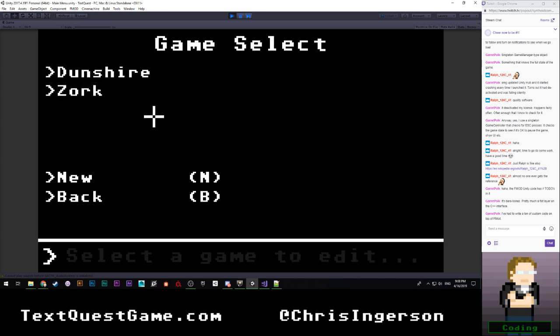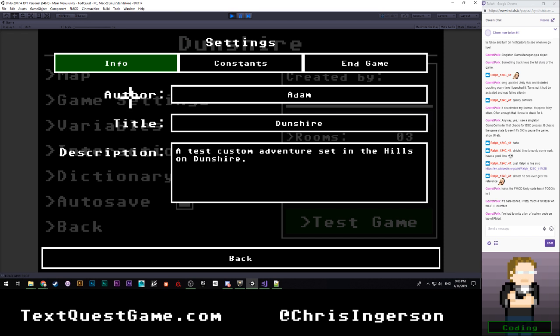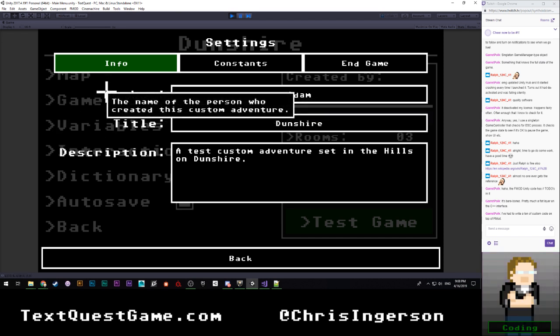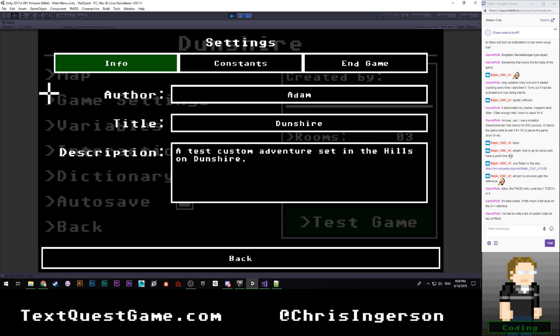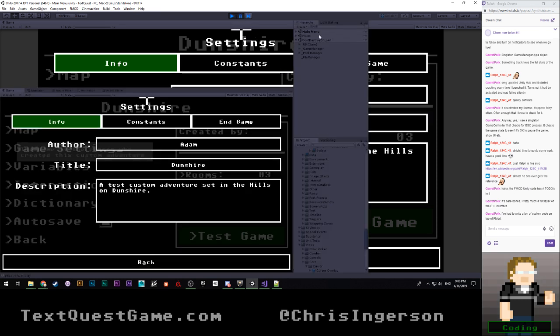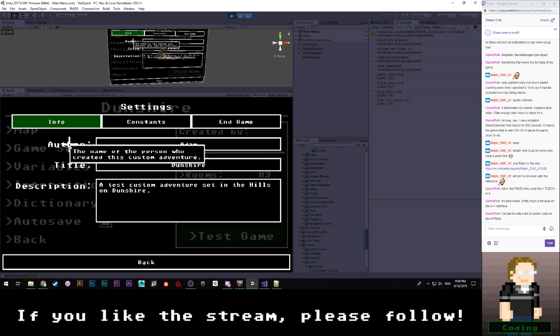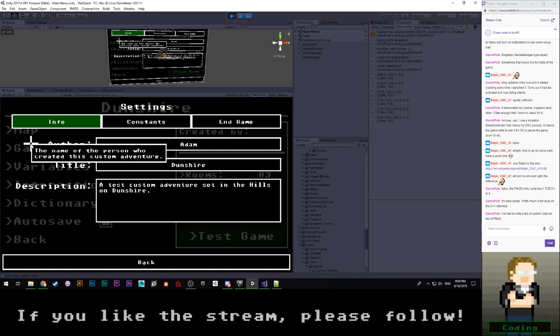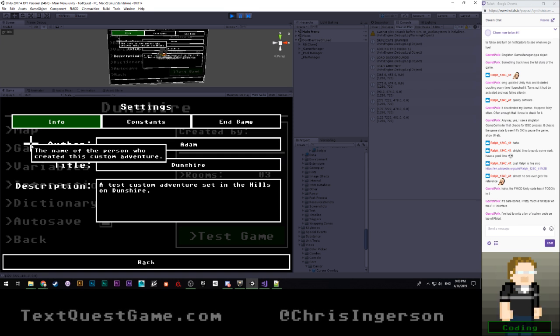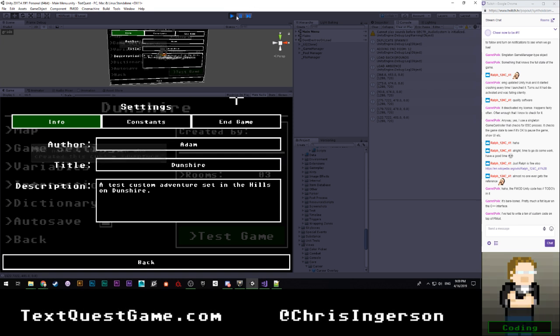Extras, author mode, create, Dunshire, game settings. Oh, there it is. Haha! Now let's go into not maximize on play. There it is. So that is apparently what you have to do to set up proper positioning on tooltips based on the cursor with their UI setup. Oh my god, Unity,